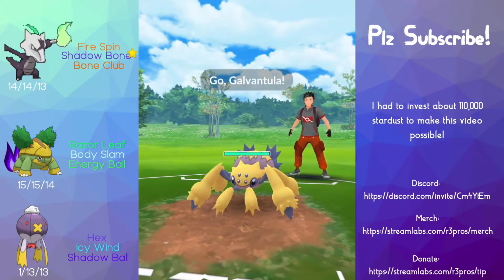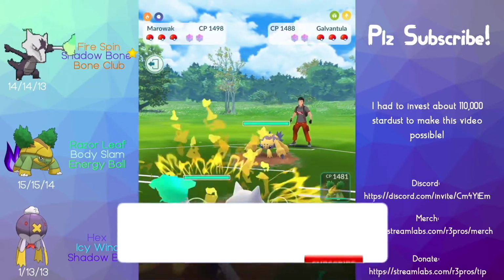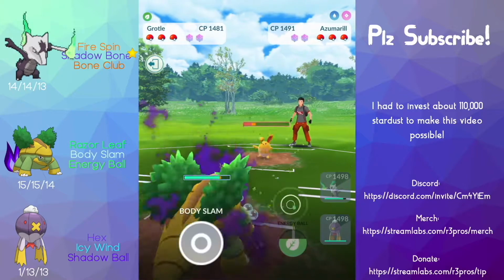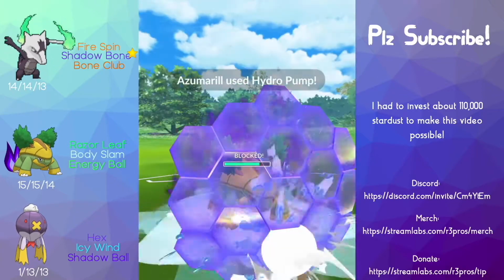We are going to be featuring Shadow Grotle shredding Azumarill in the Great League of Go Battle League. As you can see right now, it's absolutely destroying it. Obviously, you're going to have to shield once because the Ice Beam will probably one-shot from this range, but